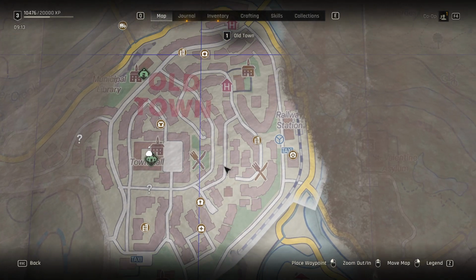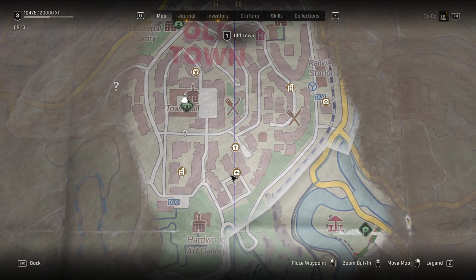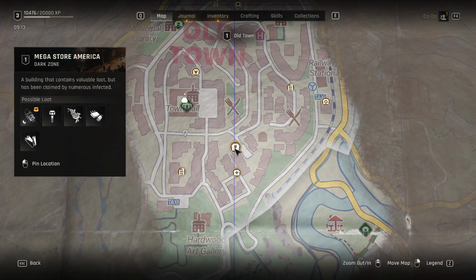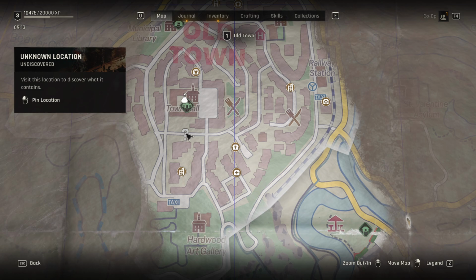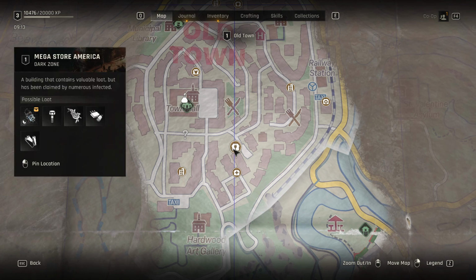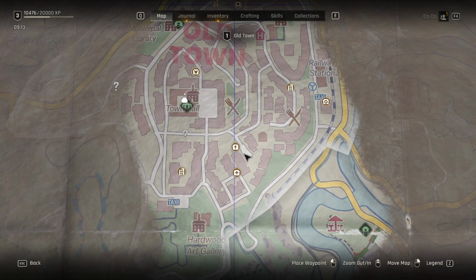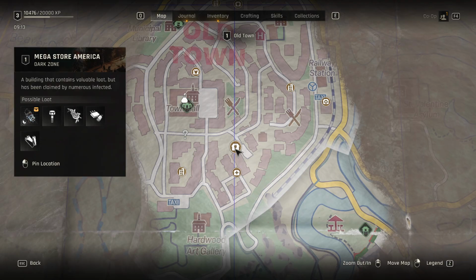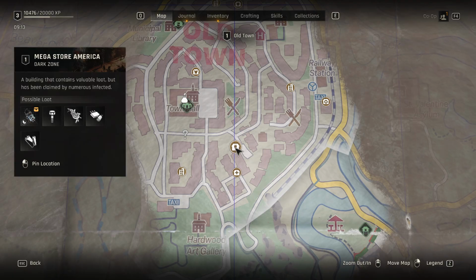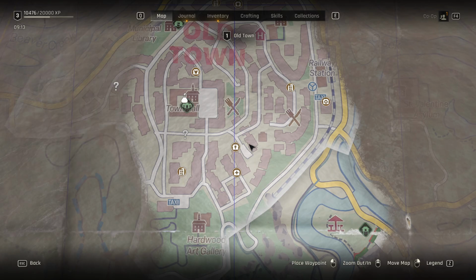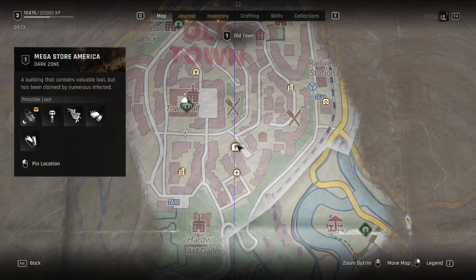Well, if you get close to the map you can see the icons, the question marks, which you should visit and discover what they contain. Also you can see some stores and some zones that you can visit and possible loot that you can get in these zones. You can see the level that is required to get into this zone and clear it out